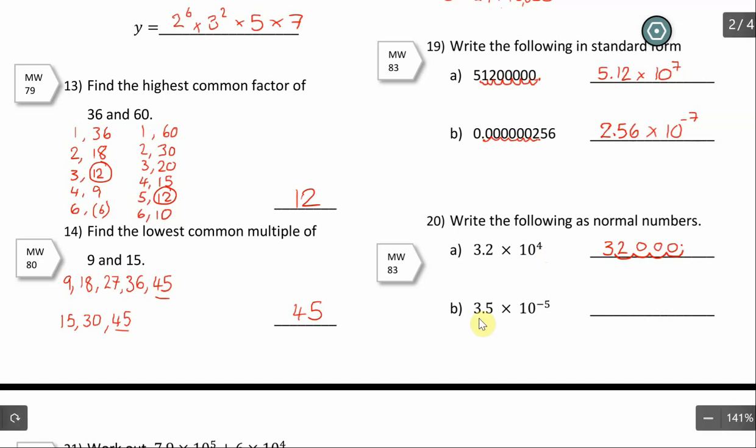And this one, part B, is a very small number because I've got a negative power here. It's not a negative number, it's a very small number. So I'm going to put my 3 and my 5 over this side of the answer line. The decimal point is between them at the moment. I'm going to move it 5 times the other way. 1, 2, 3, 4, 5. That's where it goes. Fill in the gaps with zeros, and also we need a 0 in the units. Okay,